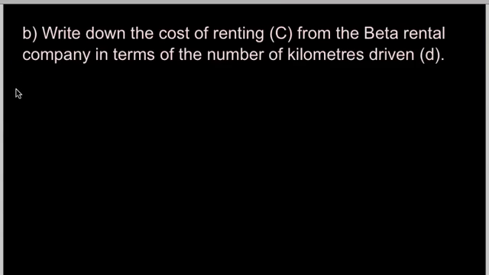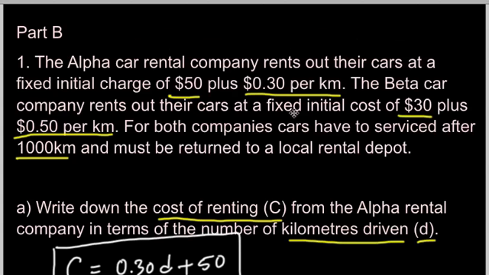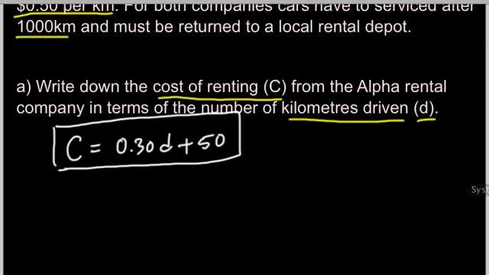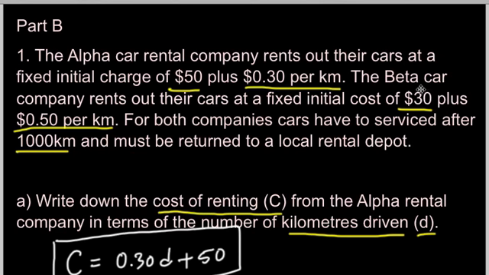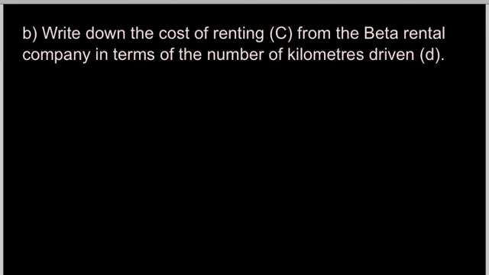Okay. Now B, write down the cost of renting from the Beta Rental Company in terms of the kilometers driven. So if we just look back at the question again, let me see if I can scroll down a bit. For the Beta, we see that it's $30 upfront cost plus 50 cents per kilometer. So this is our rate, and that's the upfront cost. So in other words, for